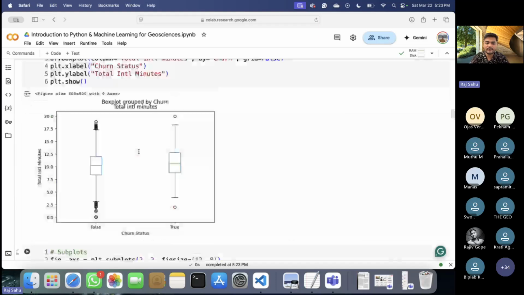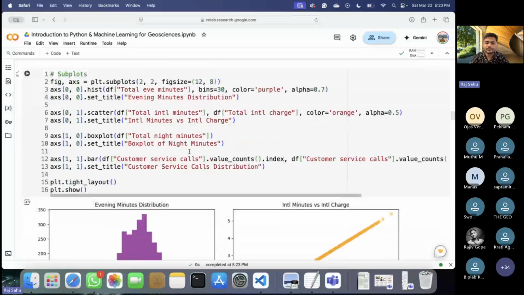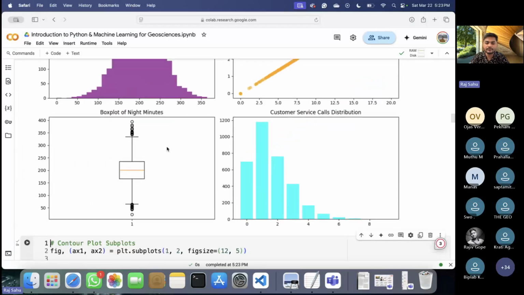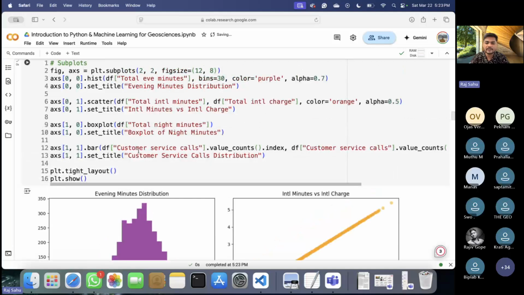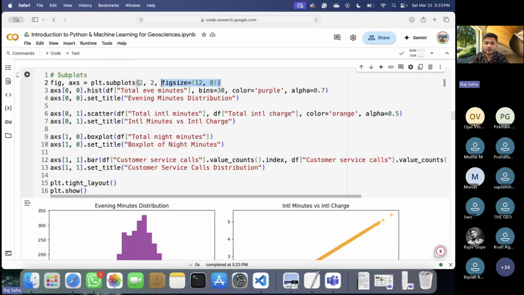Let's say I want to draw multiple plots side by side or up and down, not just a single plot. So I will be using subplots. As you can see, I've plotted 4 plots side by side. There are many methods to plot subplots. One of them is this, or I can just simply define